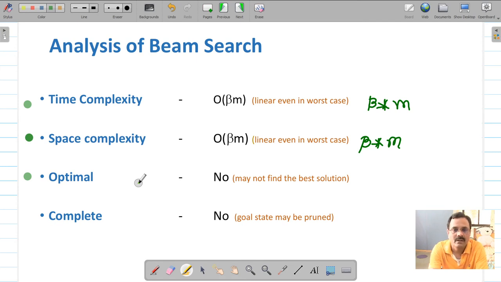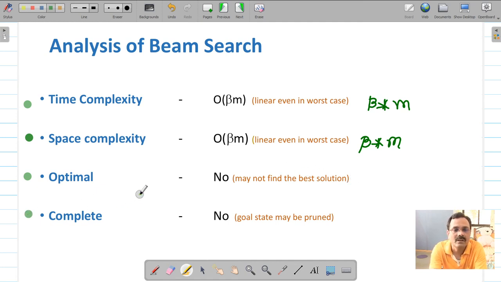Always. It may not give you the best solution because you are not going to consider every successor node of the current base node, and therefore there might be a case the path along with which your best solution is present that you have pruned during this process, and that will happen if your heuristic function is not accurate. If heuristic function is accurate, then it may be optimal, but if it is not optimal, then it may not give you the optimal solution.